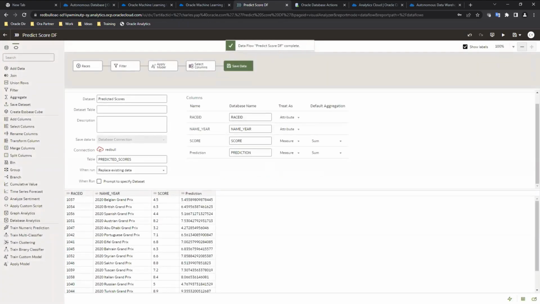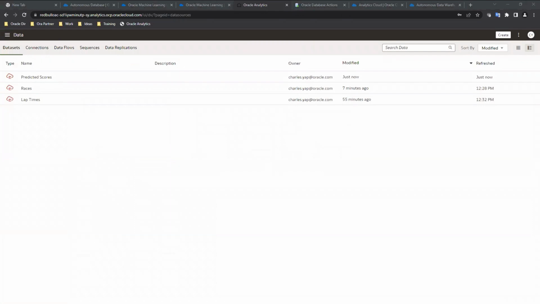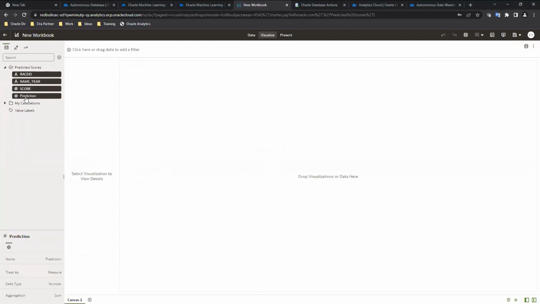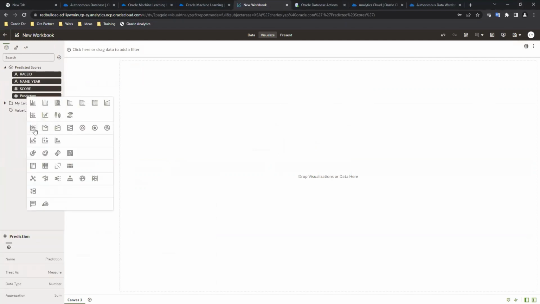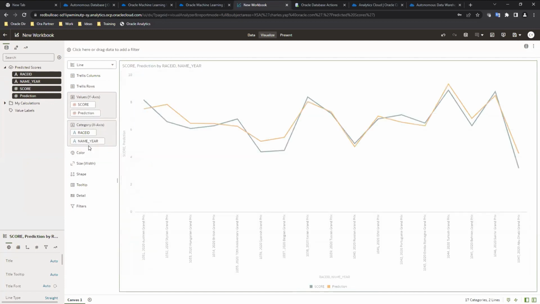We can just head back into one of the notebooks. So let's go to predicted scores, right? Click on predicted scores. We pick all of this as well. Have a visualization up, line chart. Anyway, score and prediction, we should be on the same side. Race and name year should be under category. Okay, now this is the result that we should be expecting,